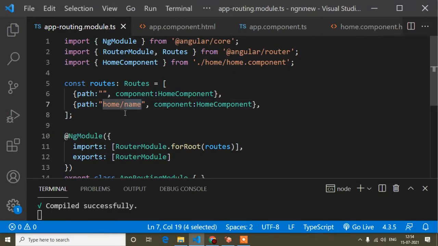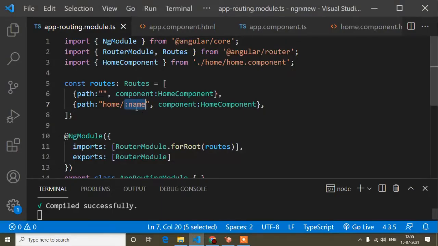But here I will create name not as a path name but as a parameter, like :name. That means name is now a parameter, and you have to pass the value of this name parameter. If I save, and now write the path as home/name, you can see name is now the value.